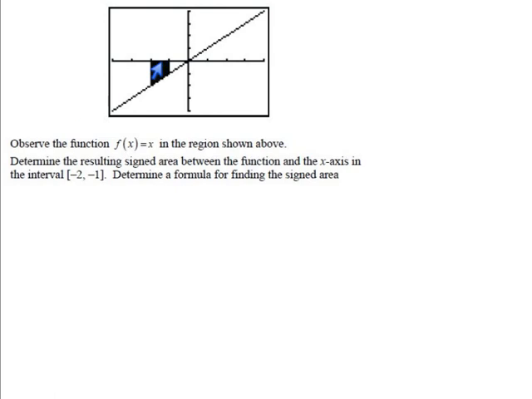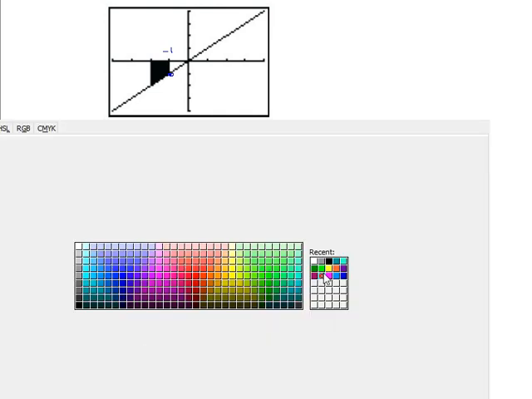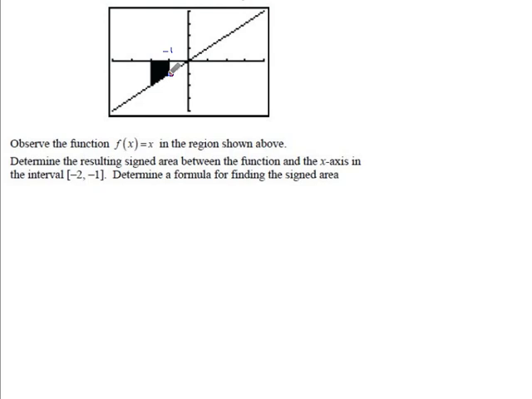This appears to be minus 1 in the x direction, which means this point, sorry, I'll use a contrasting color. That point right there should be (-1, -1). Then that right there is x equals negative 2, so this corner should be (-2, -2). So if we want that area,